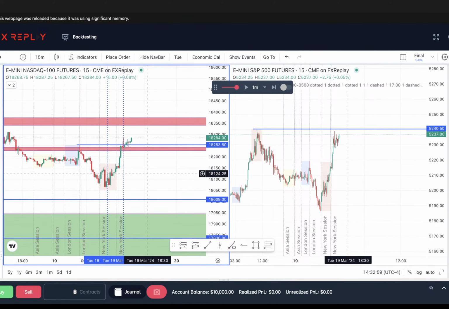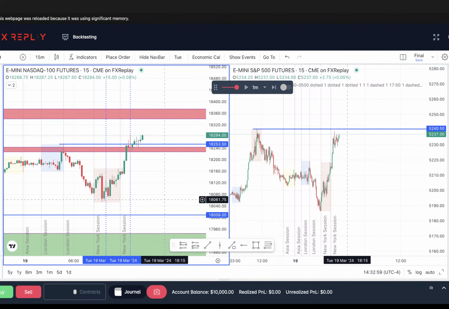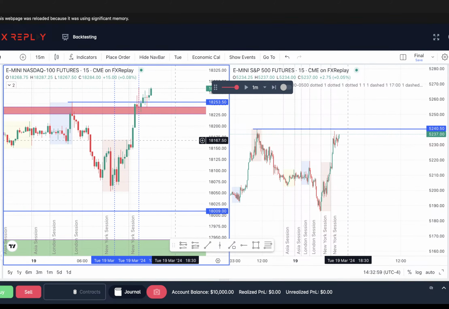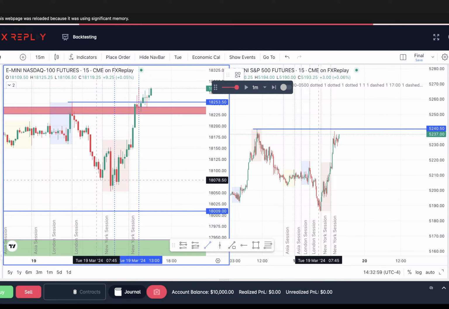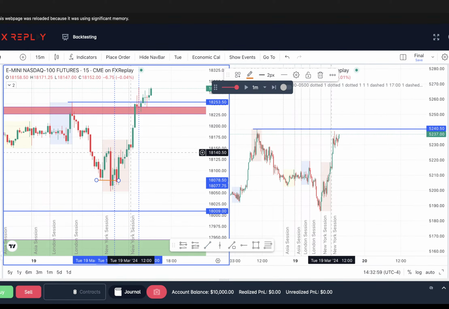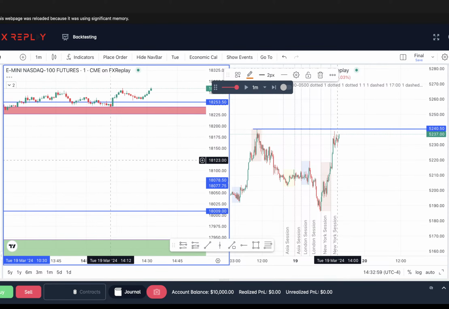I'm still in the 15-minute chart, actually. So I lied. I thought I was on the 1-minute chart. My bad, y'all. We did get a 10 a.m. reversal. As you see right here, we reversed, came down, swept this liquidity, and our target was those highs. My bad. That was a misjudgment since we're on replay.